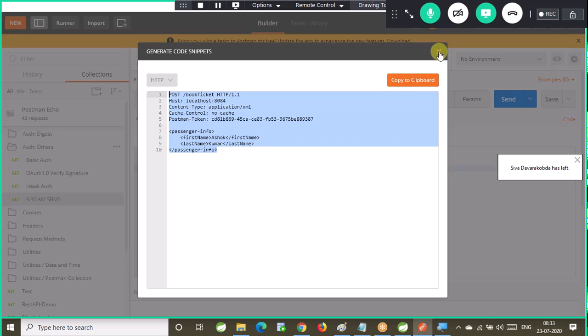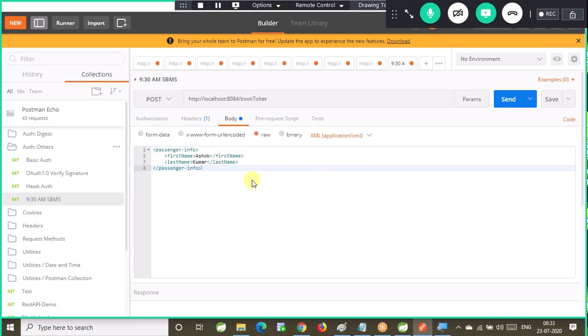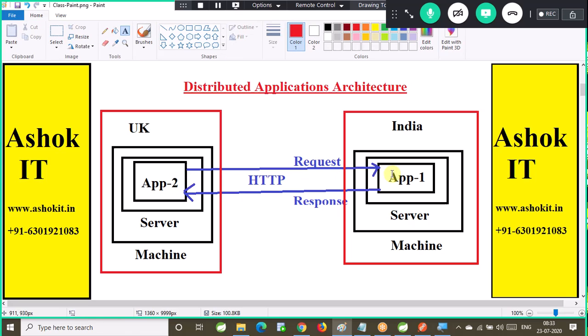By using Java, we can prepare this structure. By using .NET, Python, JavaScript, several programming languages we can prepare our HTTP request to access the REST API. So who can act as a client for my API now? Anybody who is capable of sending one HTTP request can act as a client for my API. Any developer or any person who is capable of sending one HTTP request to my server can act as my client. Then they are called REST clients.